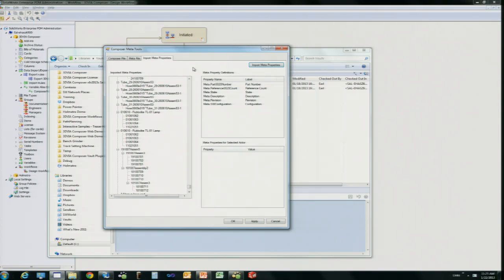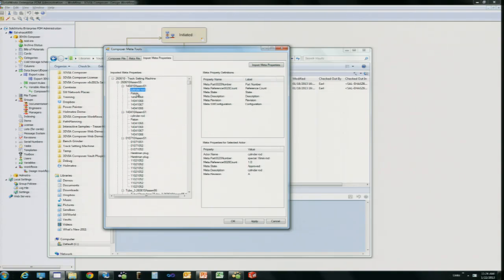When I go through and perform the import, it will merge those two together and push that back into the original SMG file. So now, if I select, we see that these are the meta properties that were generated. If I select any one of these now, it's not just the actor name, but the metadata has also been added to the file. So we can pull these together. I'm adding the data out of EPDM and pushing it into Composer for use in my tables, for use with notes